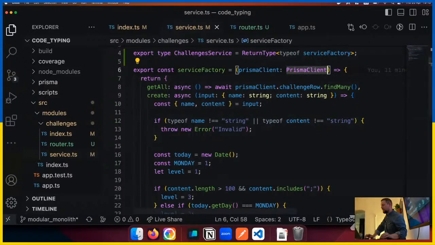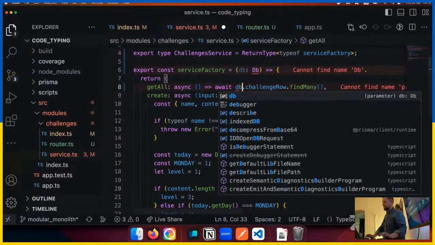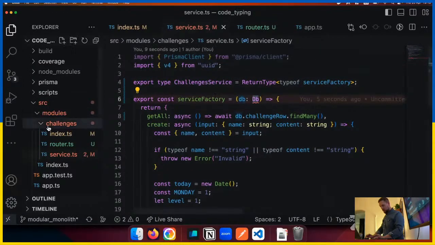So let's do the TypeScript type sprinkle again here. And let's just pretend to have our own DB interface, but it works the same way. Now I just need to hire someone to type it out because I don't want to. Or we can do